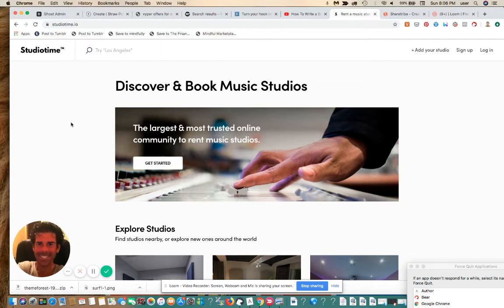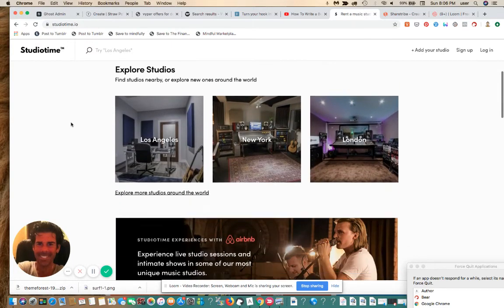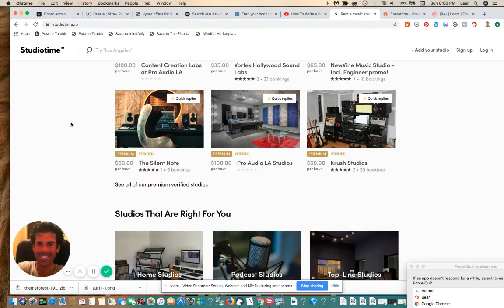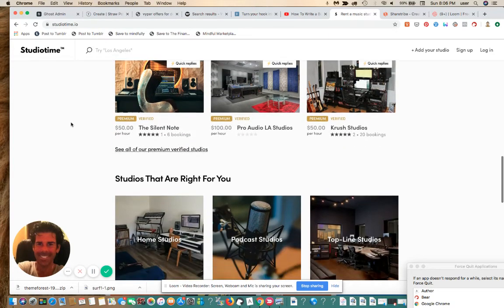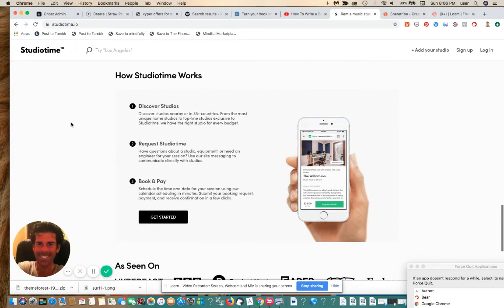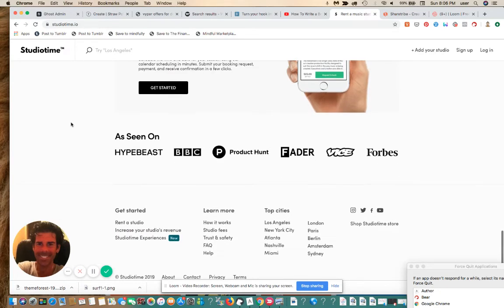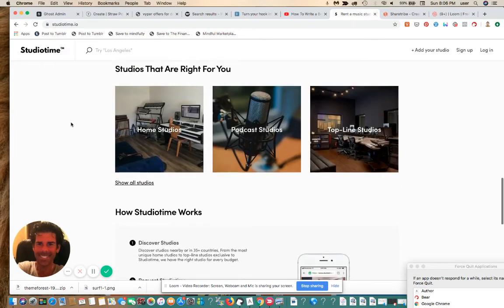The guy who's behind this studio and behind this platform is quite a smart marketing mind. He's done some very cool and creative things, good writer as well. But Studio Time is great. I'm not really interested in the studio renting process, but I am interested in the marketing magic behind a platform like this. So, you can see they're actually using the Sharetribe Flex platform, which is more